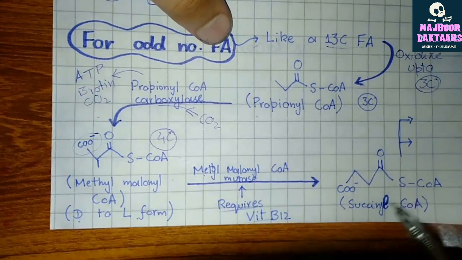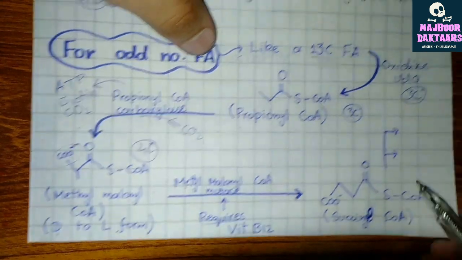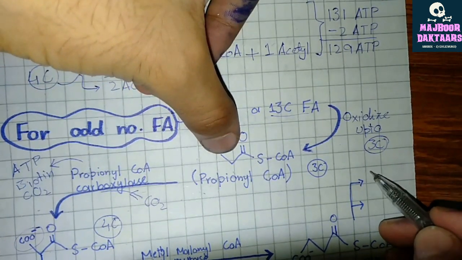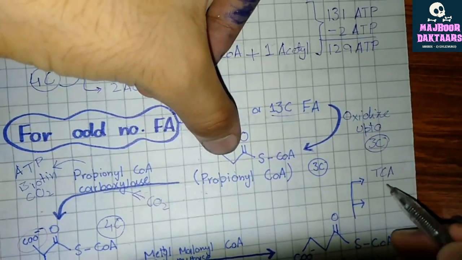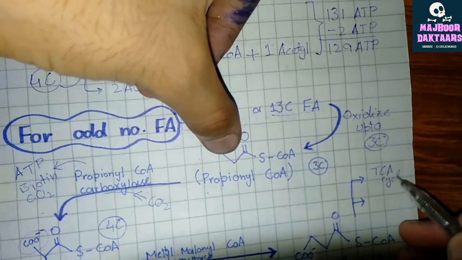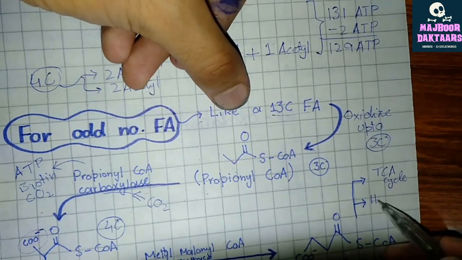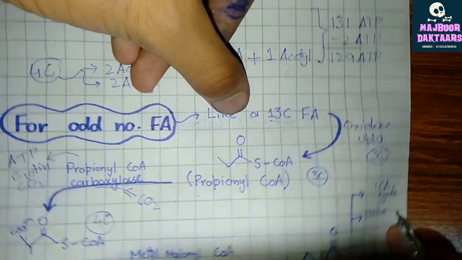Now succinyl-CoA is produced. This succinyl-CoA can be used in the TCA cycle, also known as Krebs cycle, or can be used in the formation of heme. Now moving further,